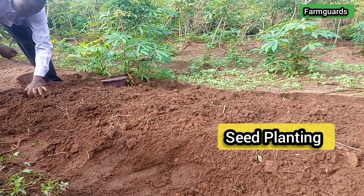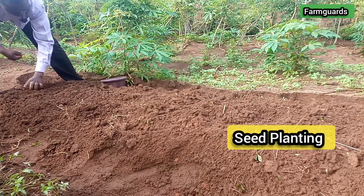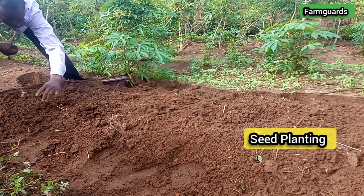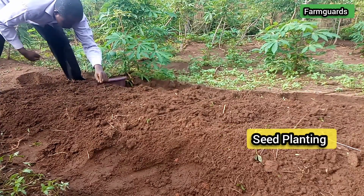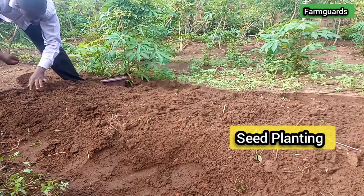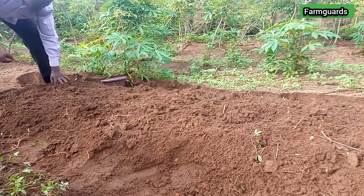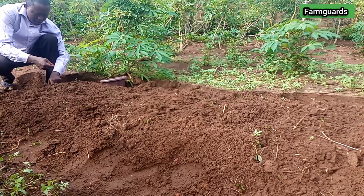Right now, we begin the planting from here on our prepared bed. Some people believe in planting groundnuts in rows and then giving planting spaces in between. That is not the best method. Planting on beds such as this is the best method, and then we're going to show you the spacing required between the seeds. So we begin from here, one seed per row, manually being about